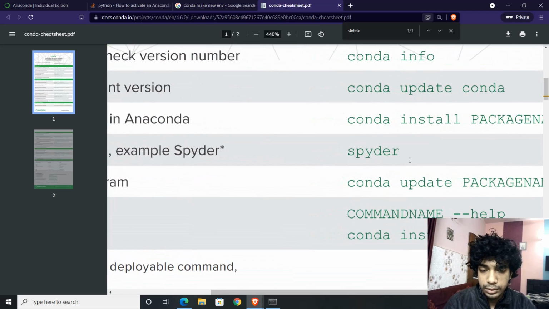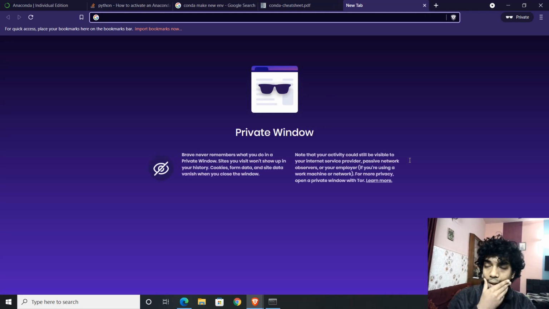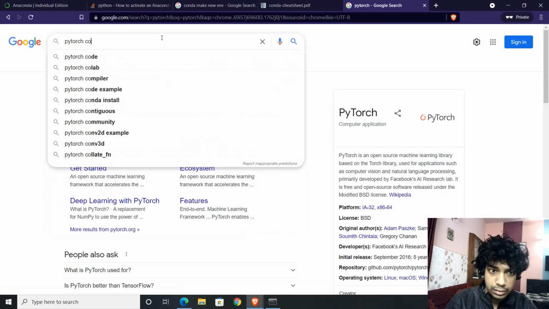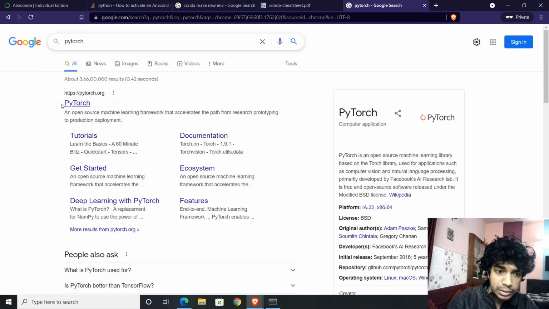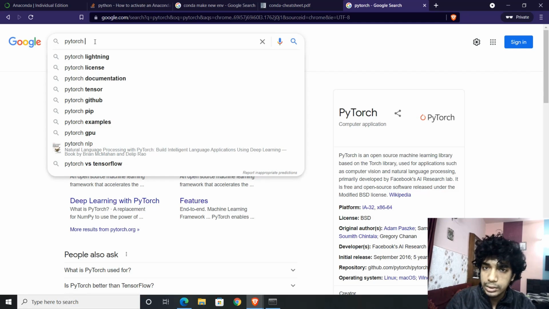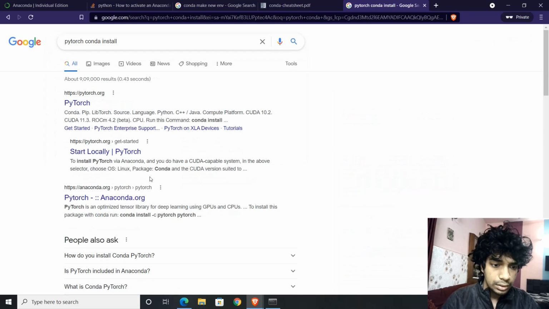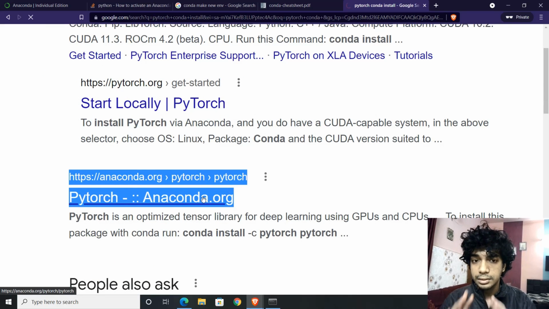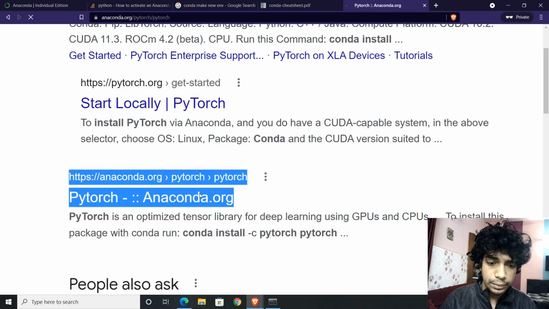Sometimes you might need to install a Python package. Let's say you want to install PyTorch. Don't search for PyTorch and then search for installation. Rather, here is the simplest way to do any Anaconda installation. The purpose of Anaconda is to simplify your installations. So if you are using Anaconda, then trying to search how to install Python, how to install OpenCV, is a sheer waste of time. Just type in the Python package name or the framework name, add the words Anaconda install, and that's it. Among the search results, ensure that it is the Anaconda link. That is the search result you should be looking for. Go to that link,